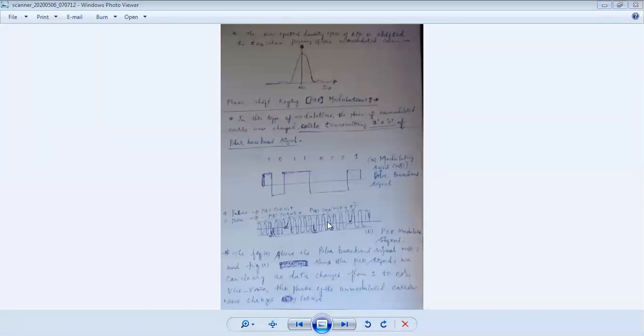Look back, very important. Amplitude shift key is used only with on and off keying methods. Probably you have seen that in line codes. Line codes talk about how the signals will be transmitted through the channels. There are 5 methods, and one method is called on and off. Where there is a 1, the signal will be on, and where there is a 0, the signal is off. We call it on-off keying. So amplitude shift key is used only in on-off keying. Very important. That is called non-polar.